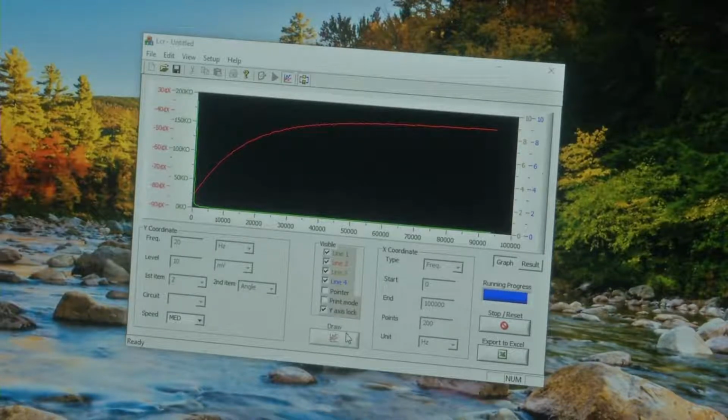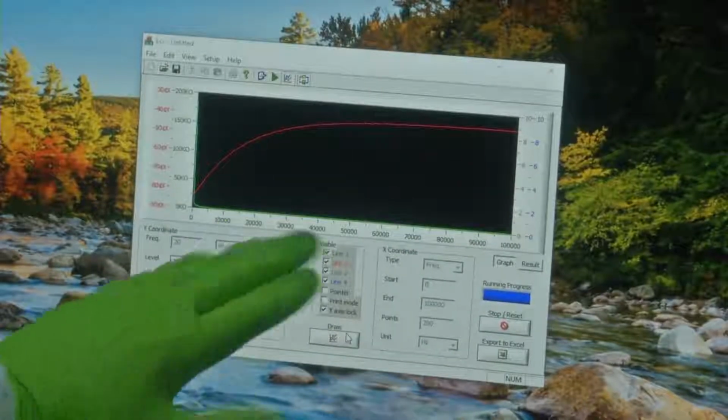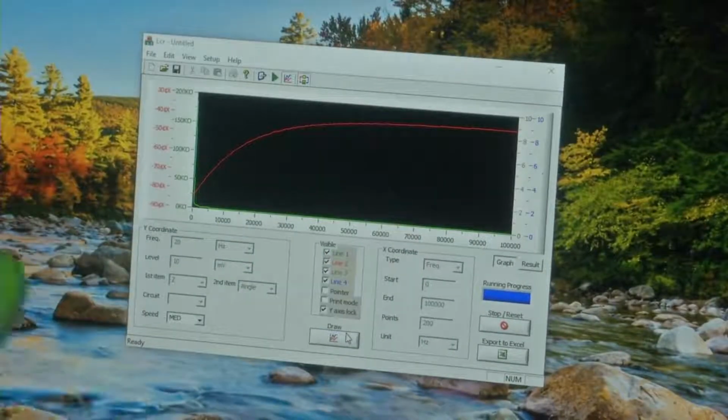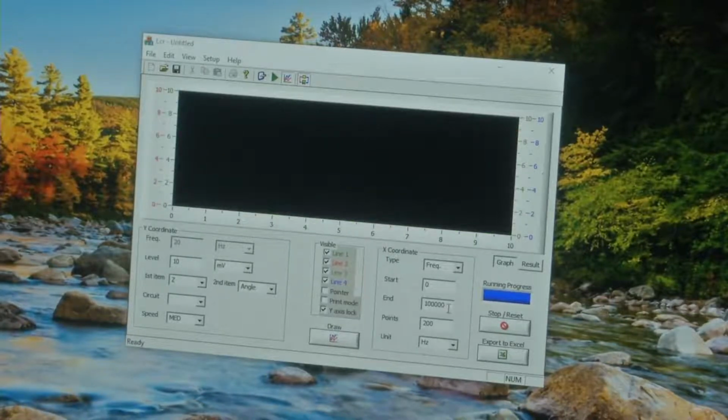So, it has finished acquiring the data from 0 hertz to 100 kilohertz. Okay. So, the thing is that if you see, it has almost flattened out after 10 kilohertz, correct, it is almost same value. So, there is no utility in taking data from all these frequencies. So, let us do one thing, we will change the frequency that we are acquiring, stop and reset, and we will take from let us say 8 kilohertz to 10 kilohertz only.